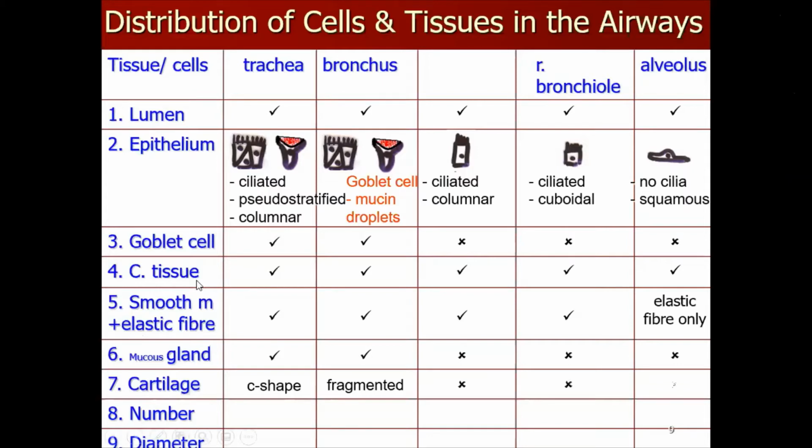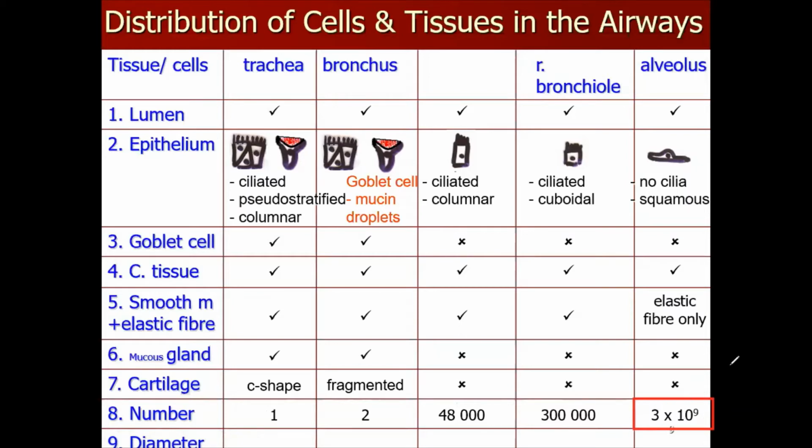What about the number of these airways? We only have 1 trachea, 2 bronchi, the rest no need to memorize. I just want you to see that we have many bronchioles and many alveoli for gaseous exchange. Can you see the branching of our airways? Branching means from one tube, the trachea, it branches into two bronchi and continues to branch until it ends up with so many